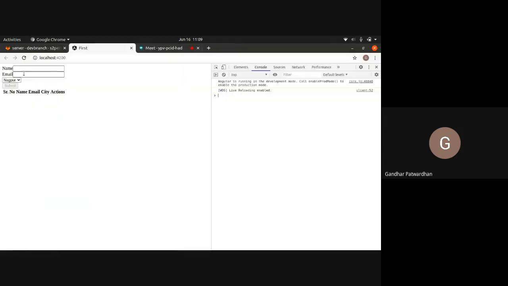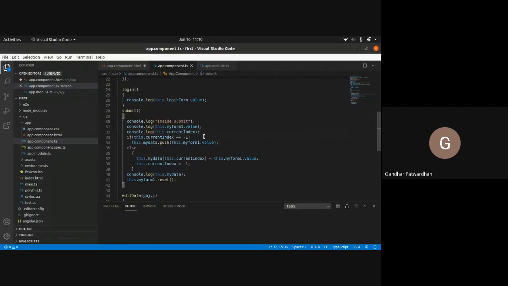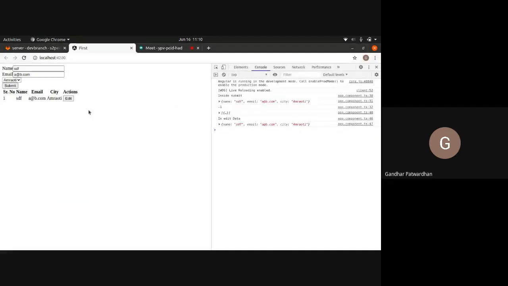Now let us see what happens. I write some name, a@b.com and city and I click submit. I click on edit. See, the first time it came, the current index was -1, right? Then I clicked on edit, right? In edit, now what should be the value of current index? The value of current index should be 0,